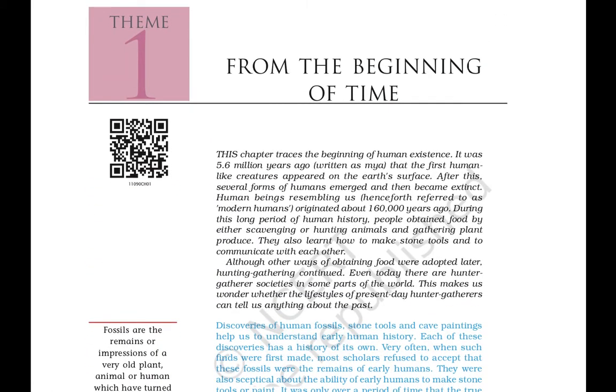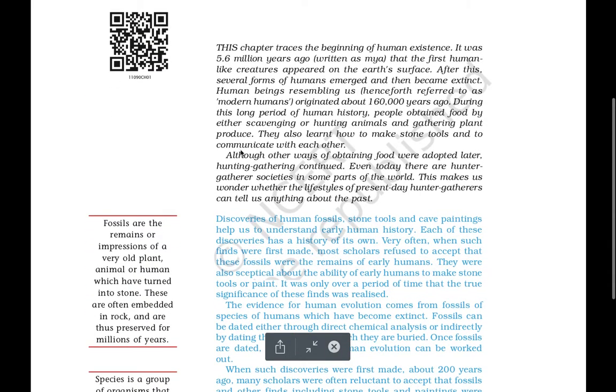Theme 1. From the beginning of time. This chapter traces the beginning of human existence. It was 5.6 million years ago, written as MYA, million years ago, that the first human-like creatures appeared on the Earth's surface. After this, several forms of humans emerged and then became extinct. Human beings resembling us, henceforth referred to as modern humans, originated about